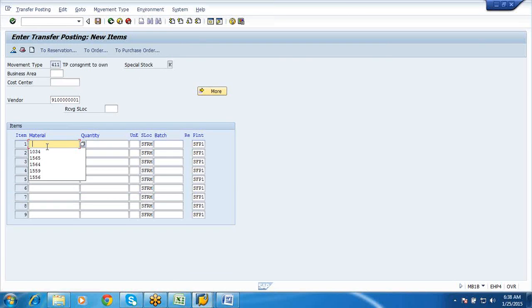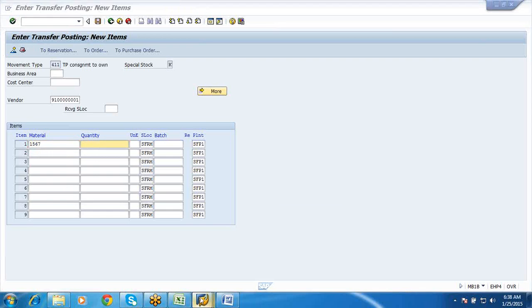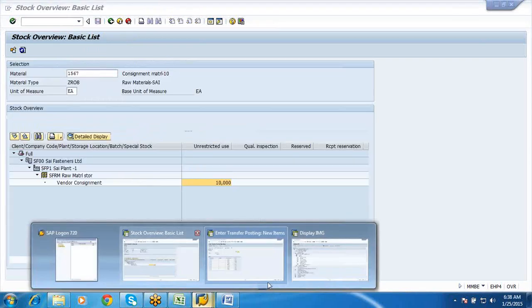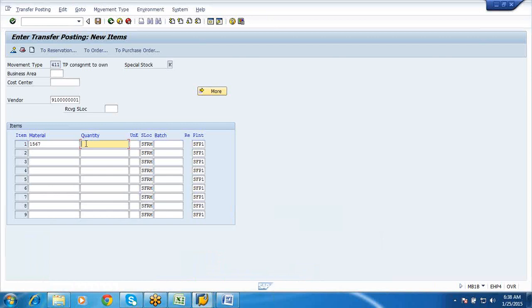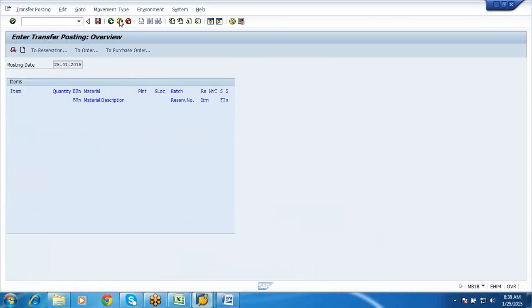This is 1567, right? Yes, this is 1567. So here we cannot use MIGO, right? No, or you can. We can use it. We can do it in MIGO also, not an issue.